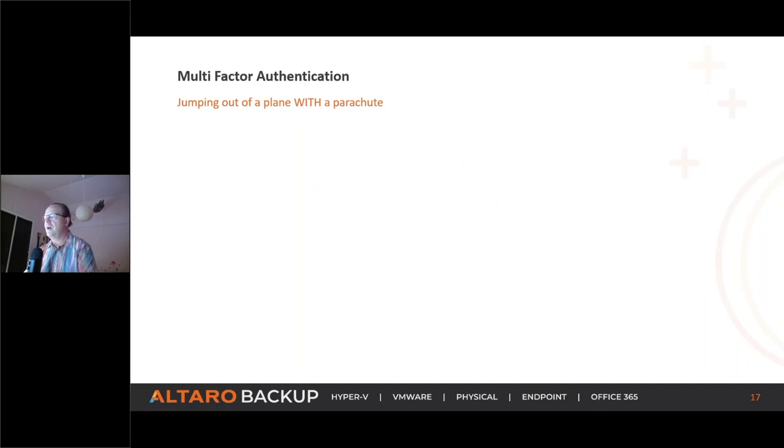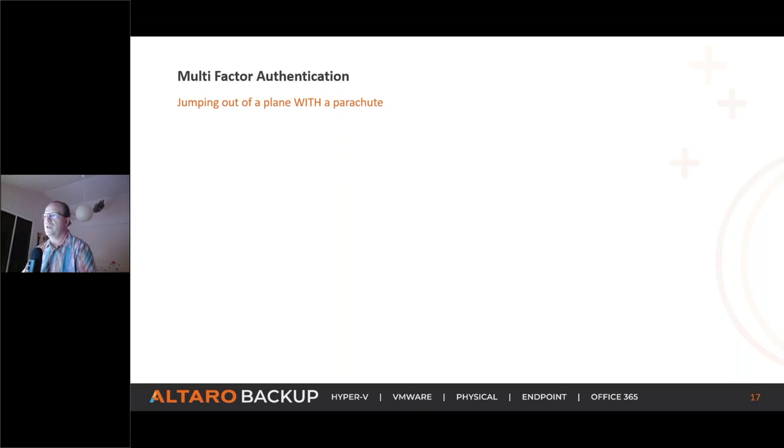Relatively recent. They changed it from baselines to security defaults, but yes, for your admins, you have it turned on. That's actually a bit of a risky one because there is no way to exclude your break glass accounts. So one of the risks here is that you want to make sure that you have at least one, perhaps